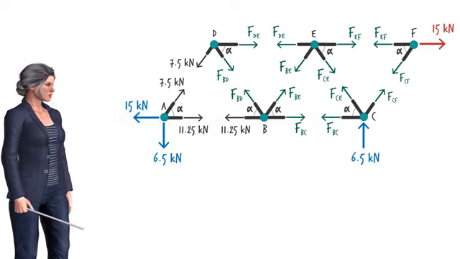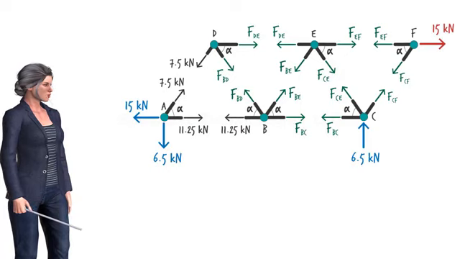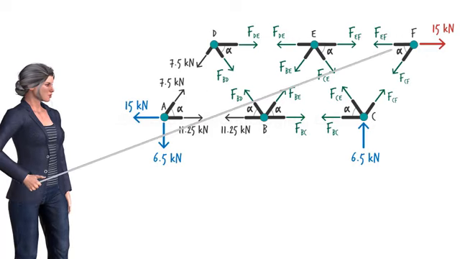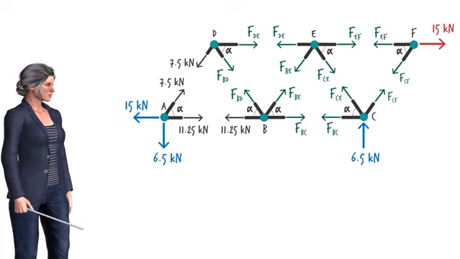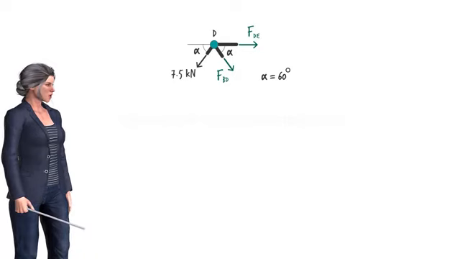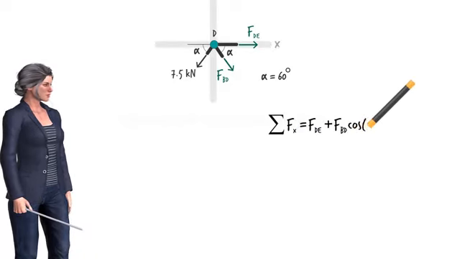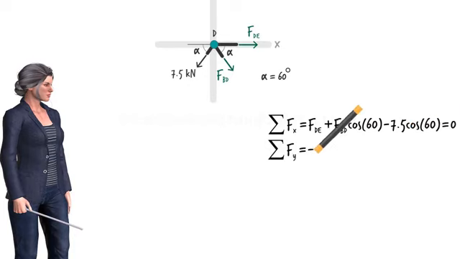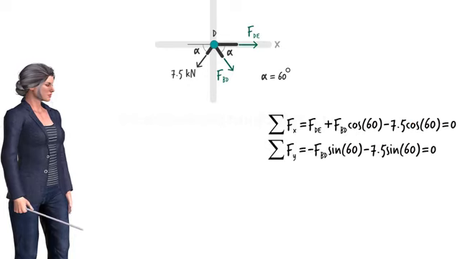There are 7 additional unknown member forces to be determined. We can determine 2 of them by applying the equilibrium equations to another joint that has at most 2 unknown forces. At this point, 2 joints qualify, D and F. We can use either one in the next step. Let's use joint D. The unknowns at the joint are FBD and FDE. The equilibrium equations applied to the joint are: these equations yield